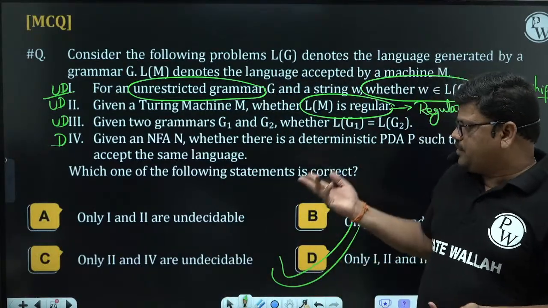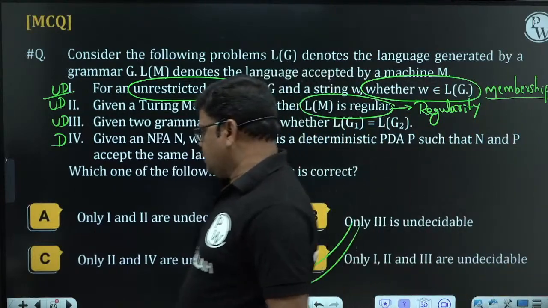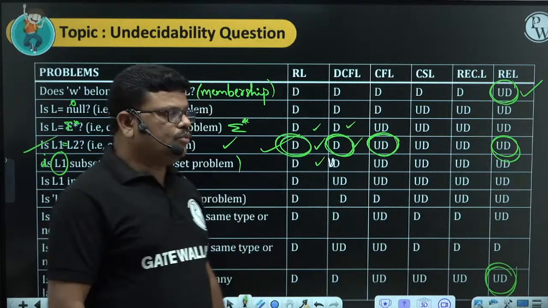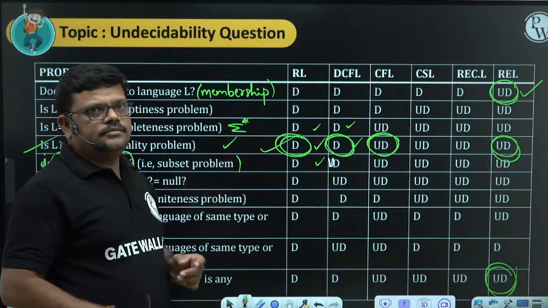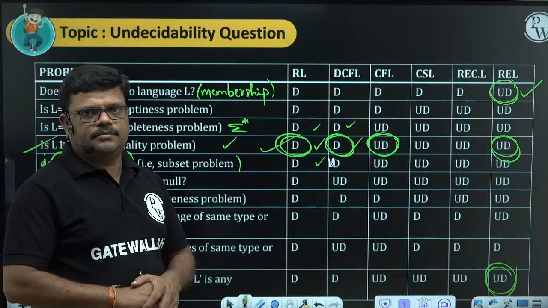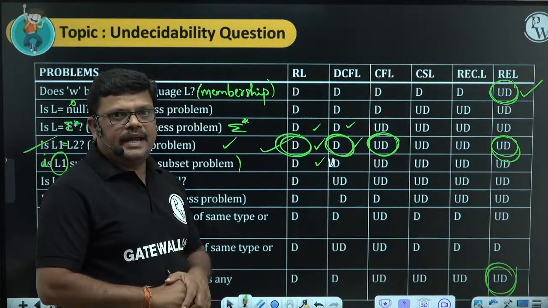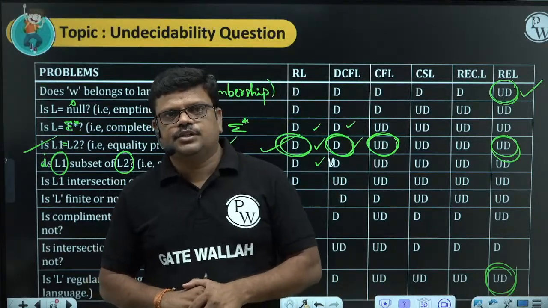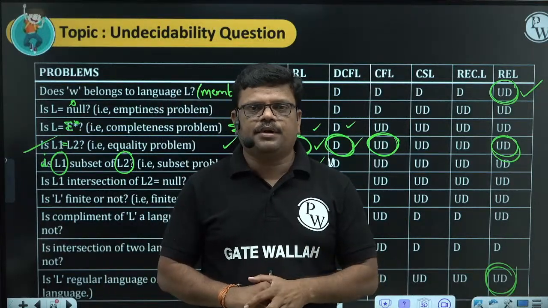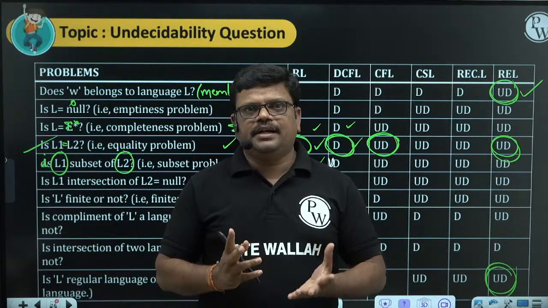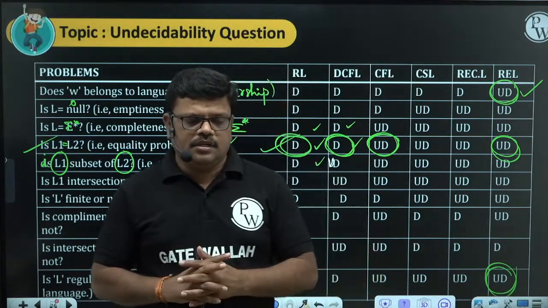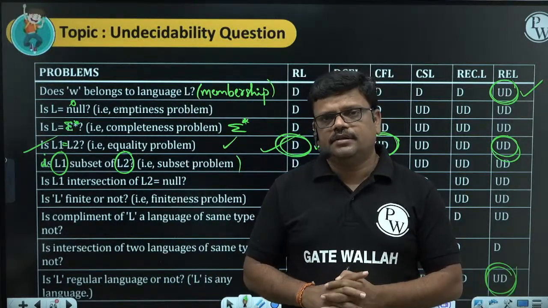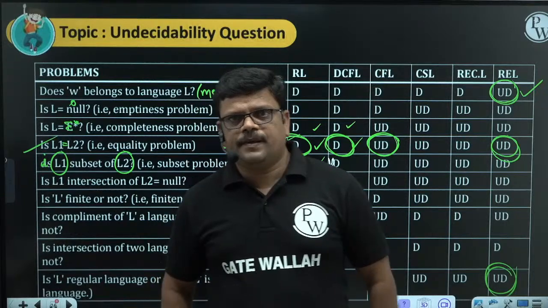Like this we have so many questions. So once you are familiar with this table, if we are able to analyze things from the table, then solving the questions will be very easy. My advice is, by the end of your concepts of theory of computation, you prepare 2 tables. One is a closure property table, one is a decidability and undecidability table. With the help of these 2, we can solve the questions related to closure properties and decidability concepts. Okay.